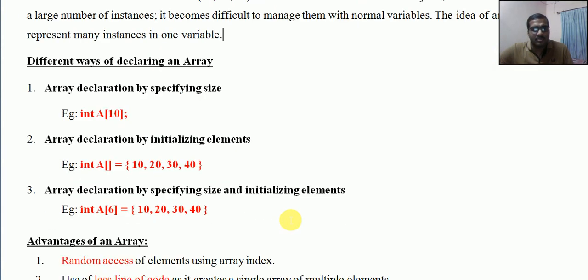Now let us see the various ways of declaring an array. There are three mechanisms given here. The first one is just like a normal declaration: the data type, the name of the array, the size of the array, and a semicolon. Just like we declare a normal variable, int a;